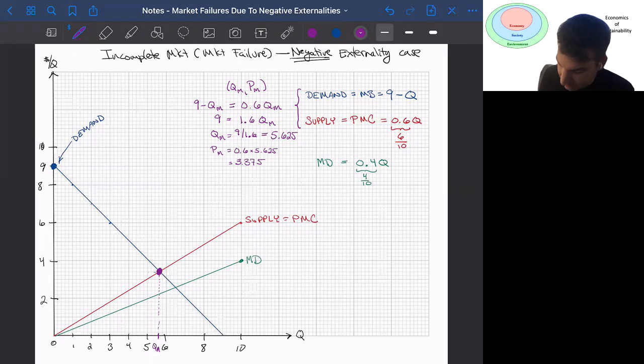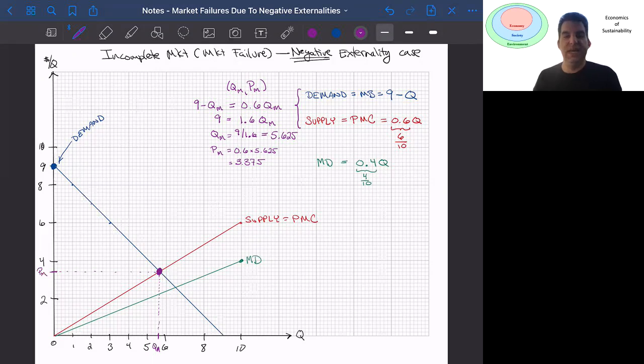So if I were to draw this over, then I give my market price around 3.375. Okay, so that's where the market will hit. But we know that this is not going to be the socially efficient equilibrium because this quantity and price did not take into account the marginal damage that society is paying. So what we can say is, what if we were at the socially efficient equilibrium? Or put another way, how much damage are we really doing in terms of our net benefit, our marginal benefit